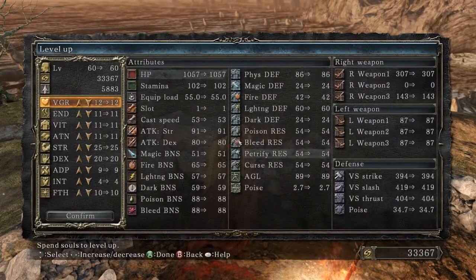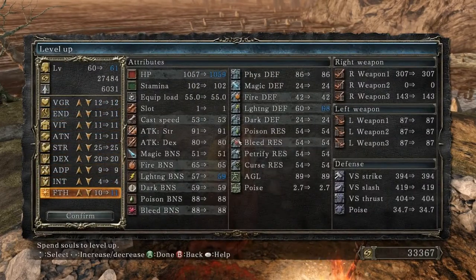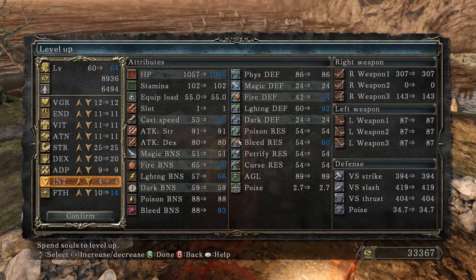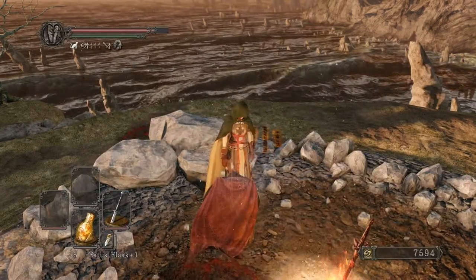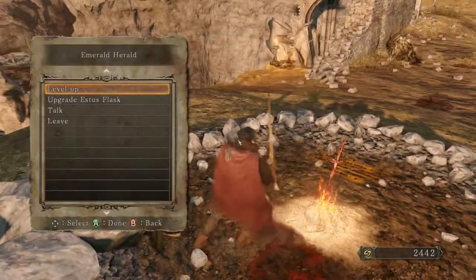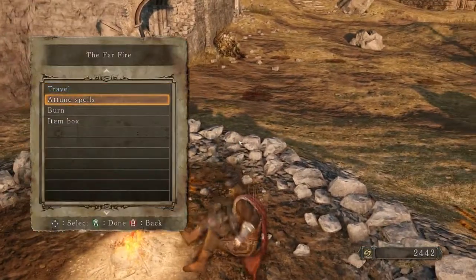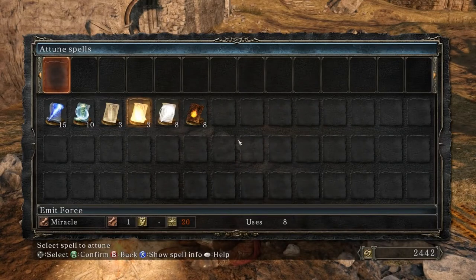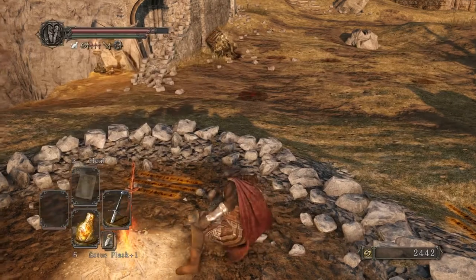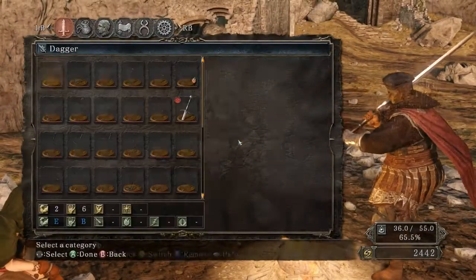Alright, let's level up here. As I said, we want to get some faith. Take 14. We're getting there. And now I actually have a spell that I can attune, so we might as well do that. I can attune heal, but not great heal. Emit Force is a really good spell. So, let's actually equip...